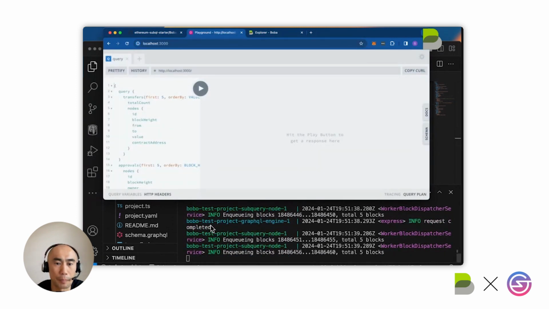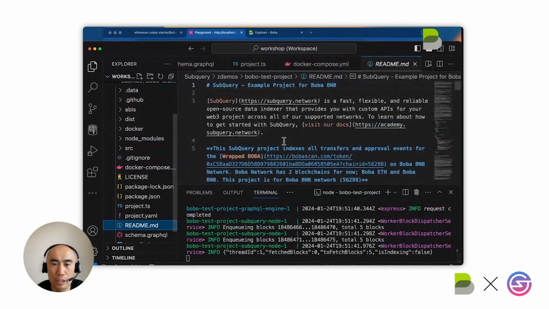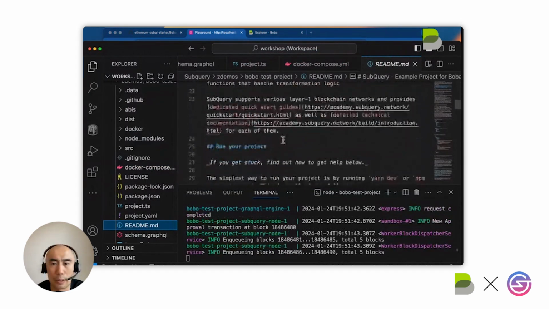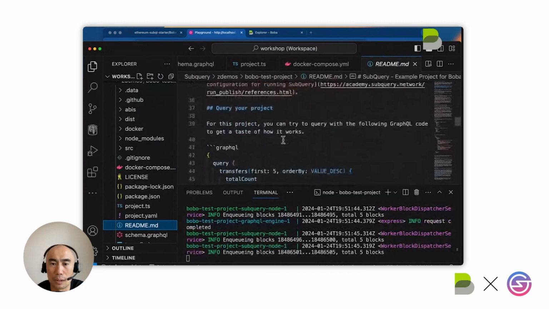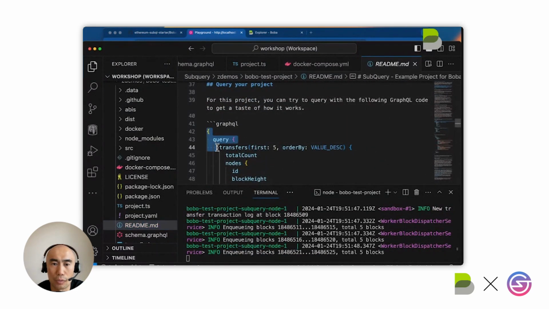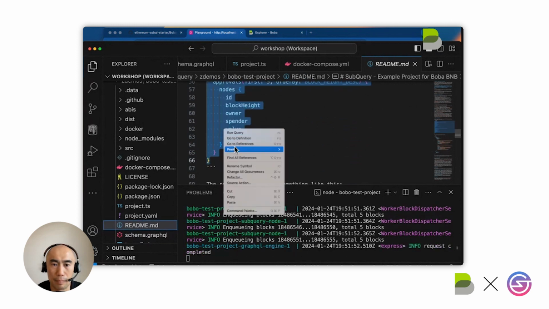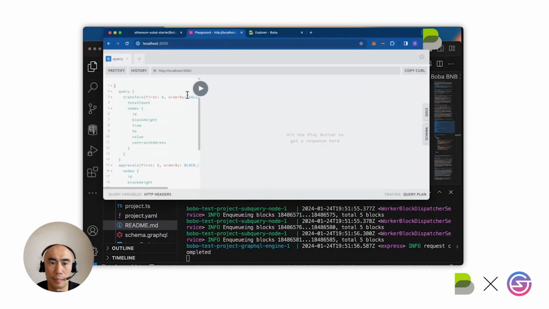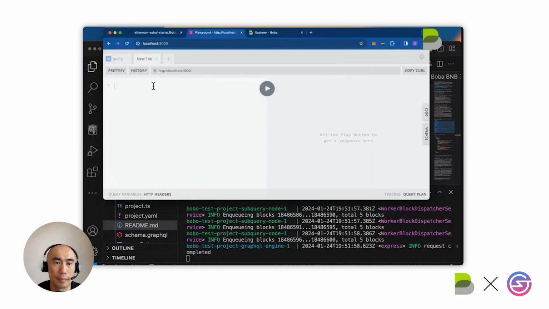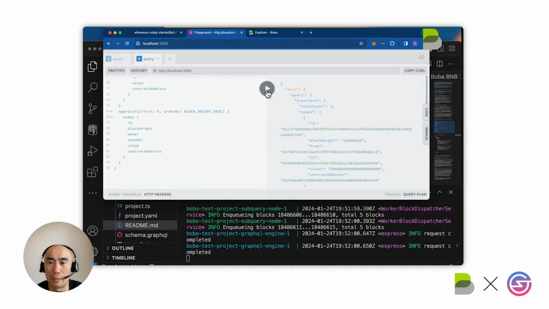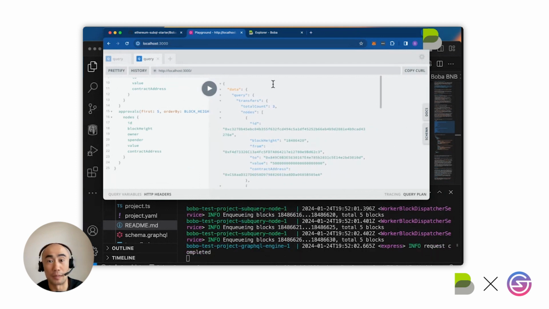Enter. There we go. Now, if I jump into the README file, you'll see that there's a sample GraphQL query that I can use. I'll just copy this out, paste it here and hit run. And you can see that we've got some data coming back.